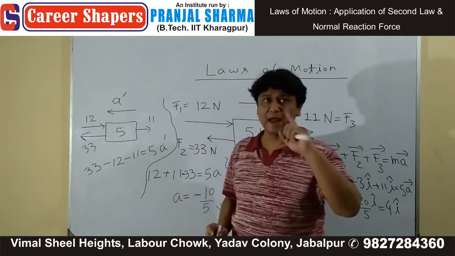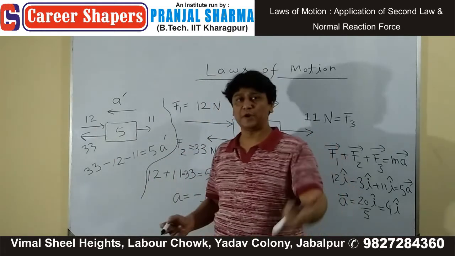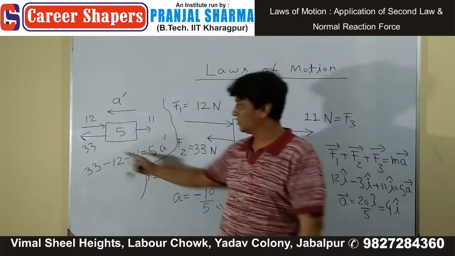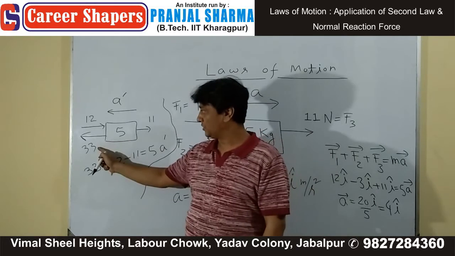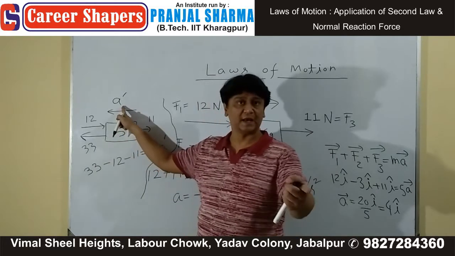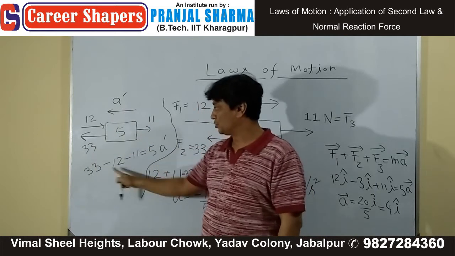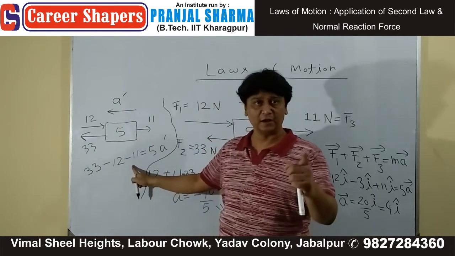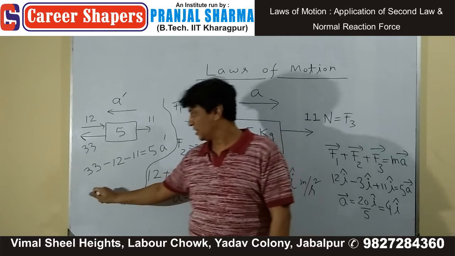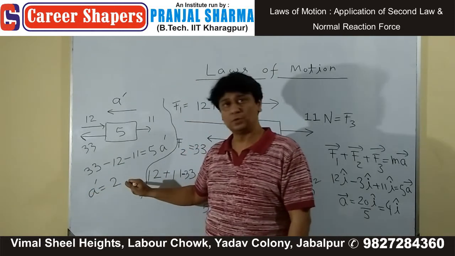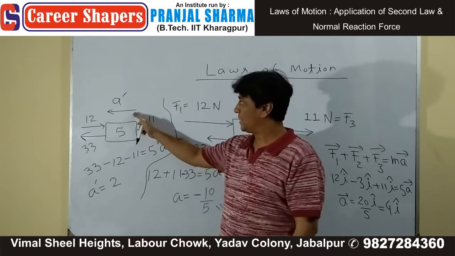अगर आप केवल मैग्नीट्यूड वर्जन के पास जा रहे हो तो आपने क्या बोला कि भाई डोमिनेटिंग फोर्स कौन सा है, ज्यादा कौन है? 33. तो फिर 33 के डायरेक्शन में आपने पहले से ही एक्सेलरेशन ले लिया, कीप इट पॉजिटिव. बाकी जो अपोज कर रहे हैं उनको आप क्या लोगे? नेगेटिव. This way when you solve it, your A dash is coming 2, and you already know that direction is